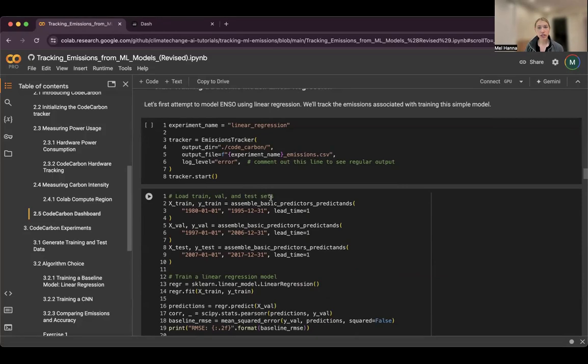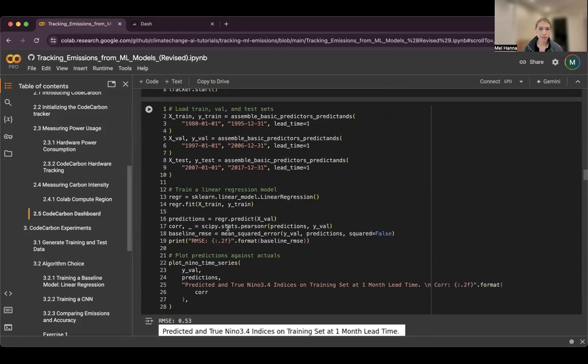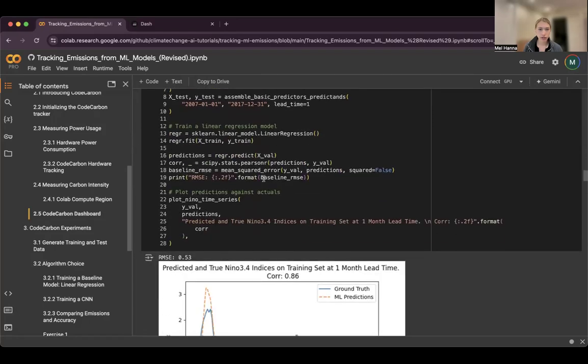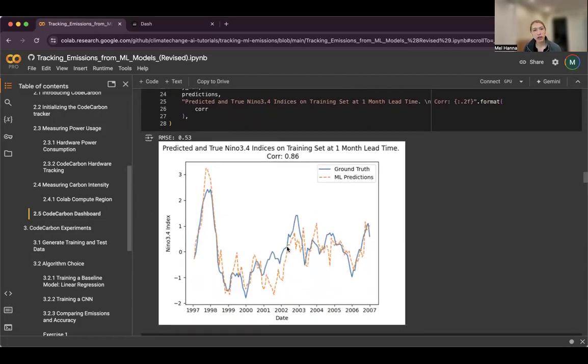All right, so let's use that code I referenced earlier to configure our train, validation, and test sets. And we're going to train a very simple linear regression model using scikit-learn. We're going to make some predictions using that model, calculate some model performance metrics, and plot a time series to see how well it's working. So here is the output from that model. The predictions are in orange, ground truth here is in blue, and we can see these don't line up very well. It's not the best model,